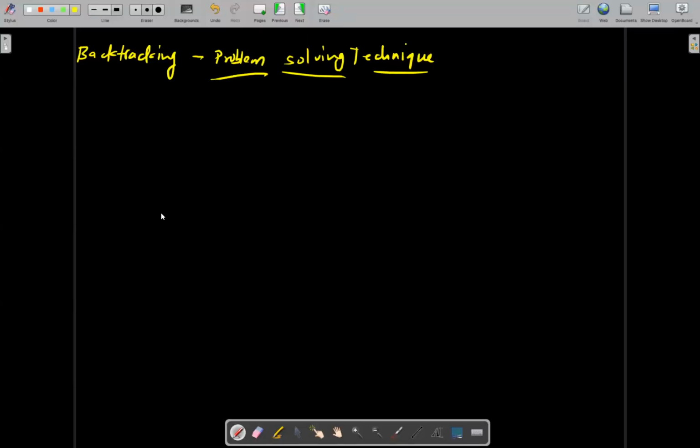It's a problem solving technique, right? So what does it mean? Basically, it is used to solve problems, but in a very specific manner. What does that mean? Let's say,